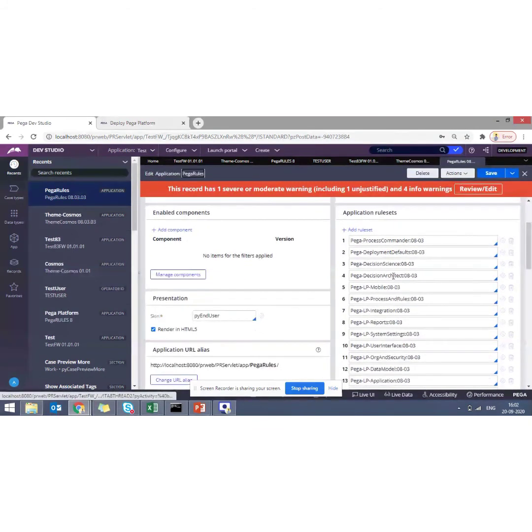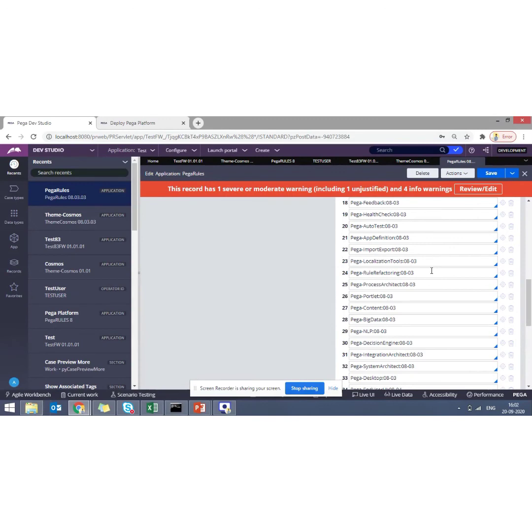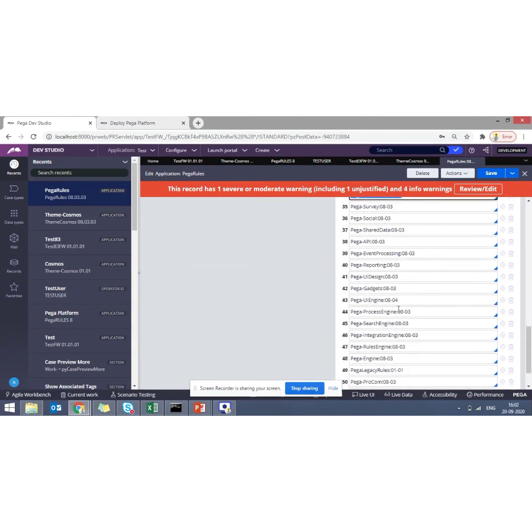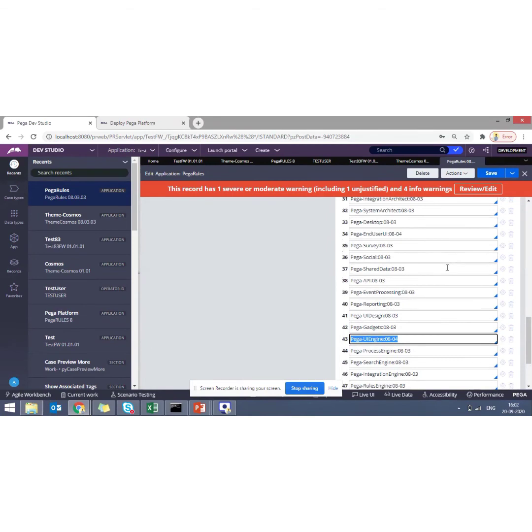It's the application where you can see everything tagged to 8.3 except two rule sets, which are Pega Integer UI 8.4 as well as Pega UI Engine 8.4. So these are the two which are pointed to 8.4.